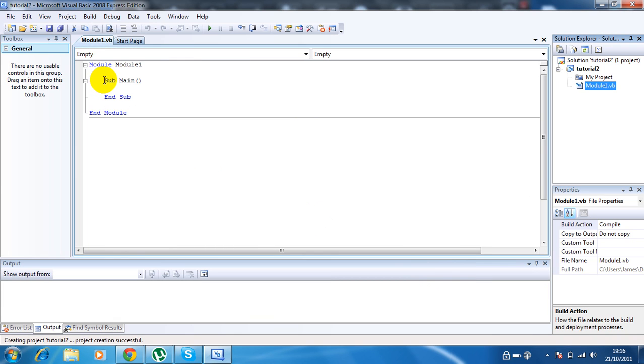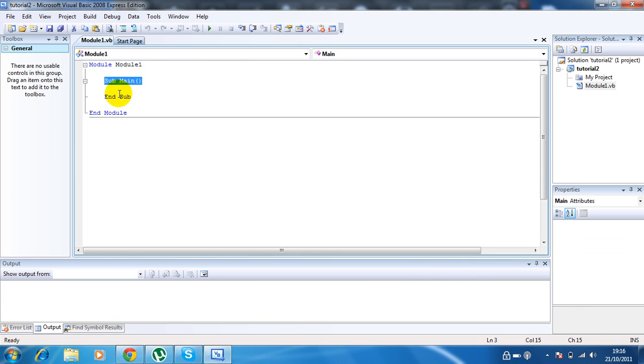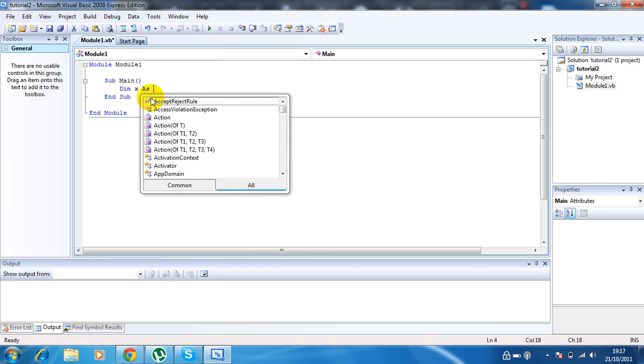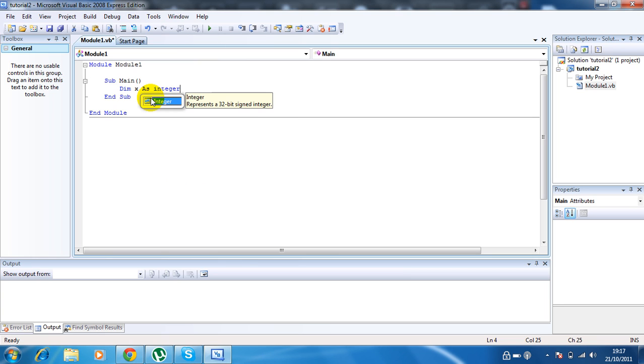Now, as always, you want to write your code in between Sub Main and End Sub. So the first thing we want to do is define the variable, and to do this you type Dim, then the variable name, which could be anything, but I'm just going to call it x, As, and you can define it as many things, but it could be defined as an integer, so x is defined as a number,